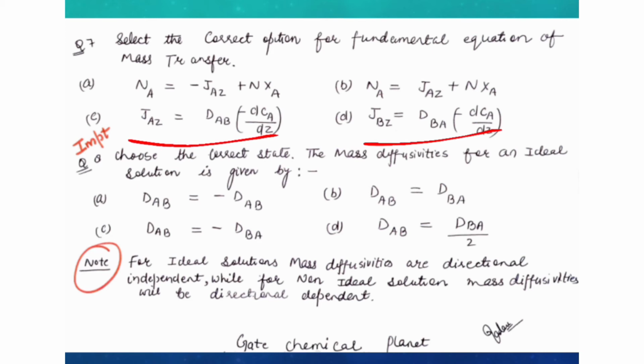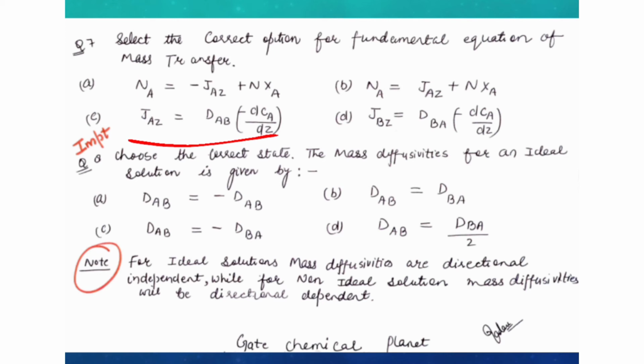So this is the equation of molar flux directly proportional to the concentration gradient for species A in direction Z, and this is Fick's first law of diffusion for species A in direction Z. And just see this equation. This is the molar flux of species B in Z direction, and it is equal to minus DAB dCA by dZ. So it is not correct here, B should be there.